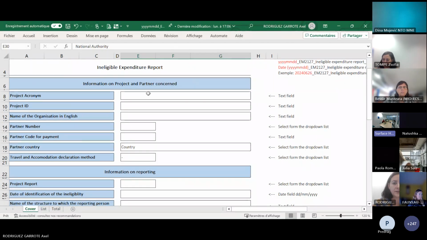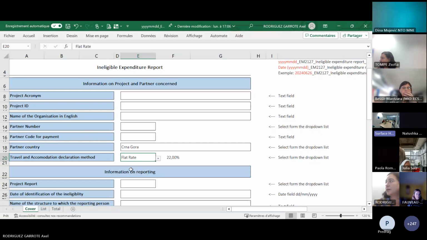It's very easy to understand the first section. You give the basic information of the project and the partner. By choosing the partner, you choose the percentage applied for the travel and accommodation declaring method.